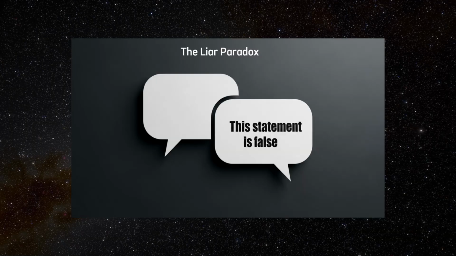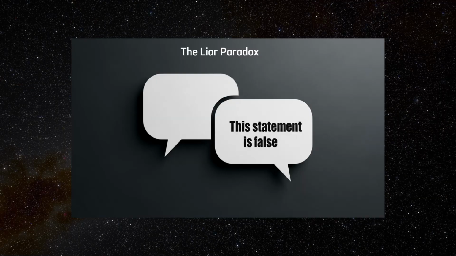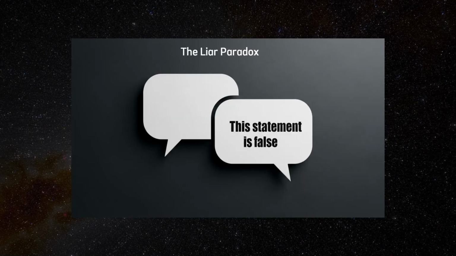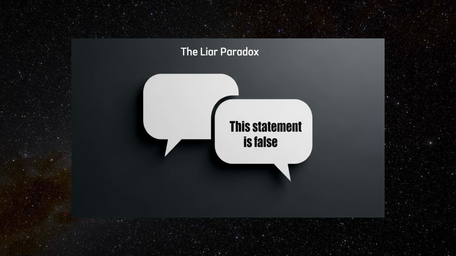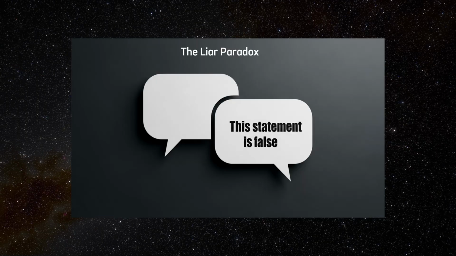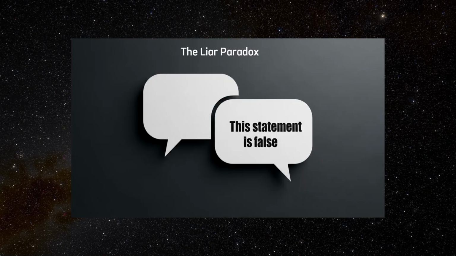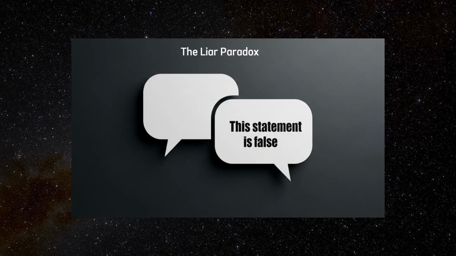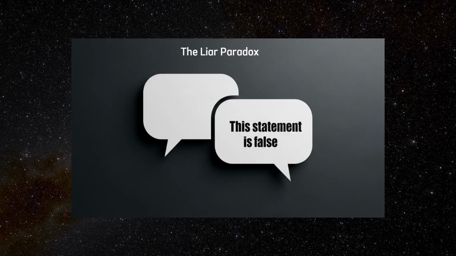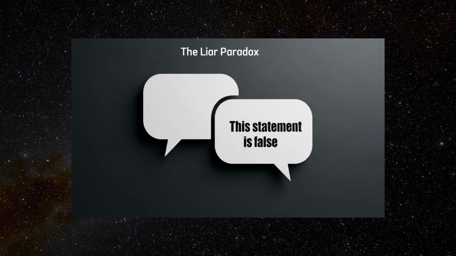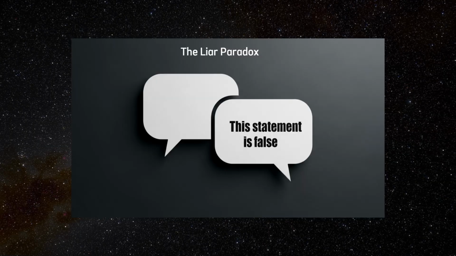Historically, the roots of this paradox can be traced back to the ancient Greeks. The philosopher Epimenides, himself a Cretan, famously declared that all Cretans are liars. If his statement is taken to be true, then as a Cretan, he is a liar, which would mean his statement is false. But if it is false, then not all Cretans are liars, in which case he could be telling the truth. This circularity, present in both the ancient and modern versions, reveals a fundamental challenge in self-referential statements, especially those that make claims about their own truth value.